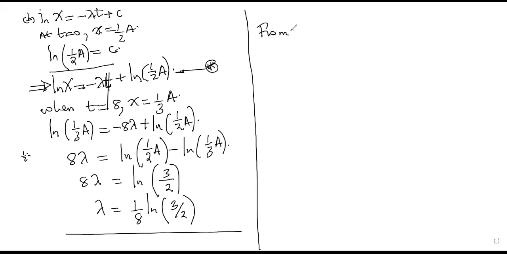So from equation star, it means that ln x is equal to negative lambda t, which is negative lambda, which is 1/8 ln 3 over 2, then t, so I can say negative t over 8